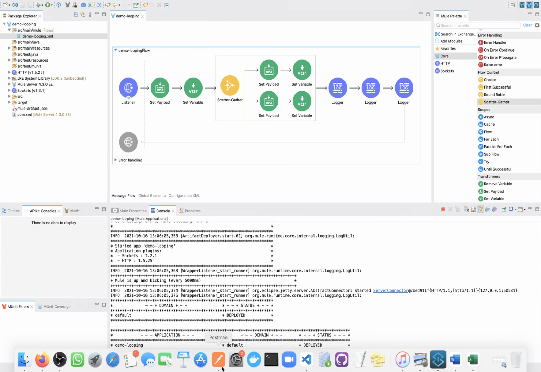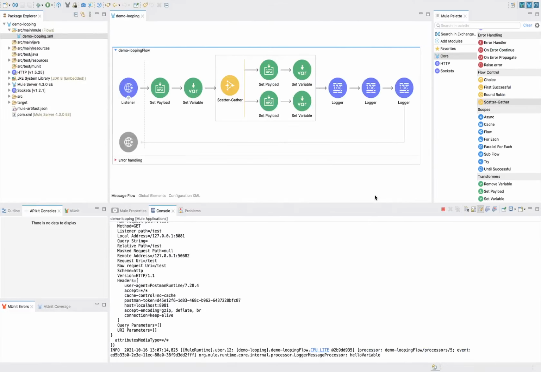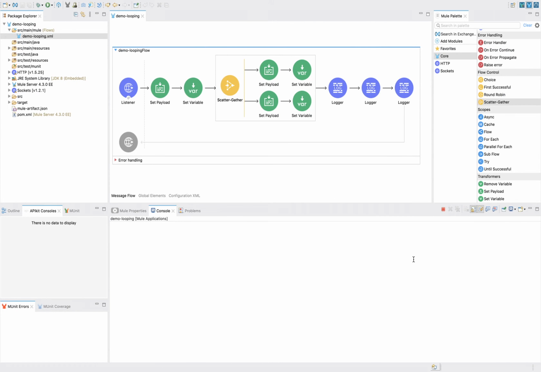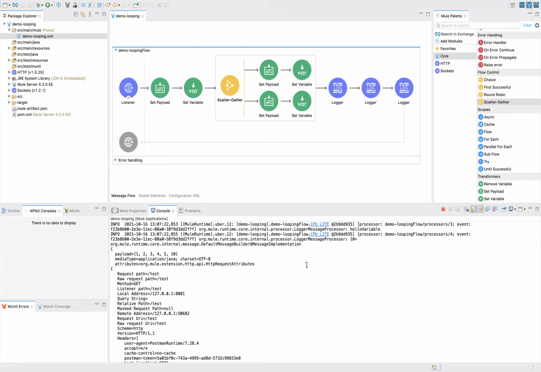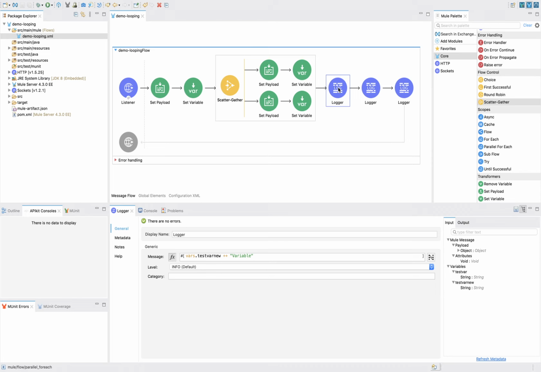Okay, it's deployed. So now, first let me clean this. We call this again. Okay, so first thing, this hello variable we are getting from this log. Oh, we haven't changed the value.